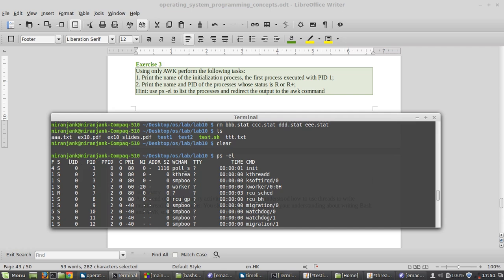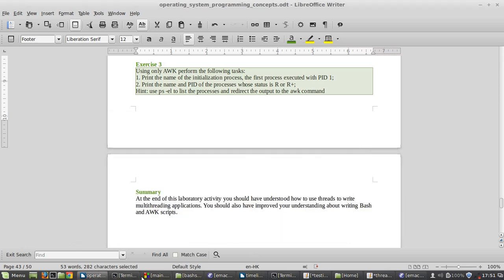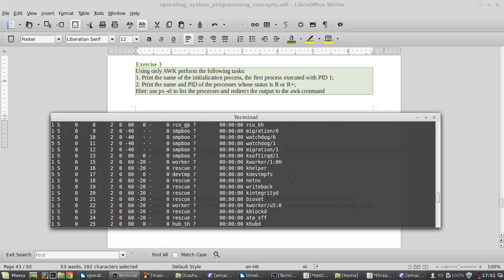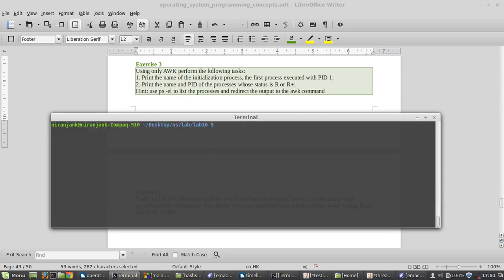Okay, let me clear the screen of the terminal. Here the hint says that ps -el is going to provide you this kind of list of information, that is the time, command, TTY, the terminal that is used, WCHAN, size, address, NI, PRI, PPID, parent ID, process ID, user ID, and so on. Alright, so just ignore some information that you do not understand, but just remember what it says: print the name of the initialization process. So you have to print this name. The first process, actually PID 1. Okay, how it is done